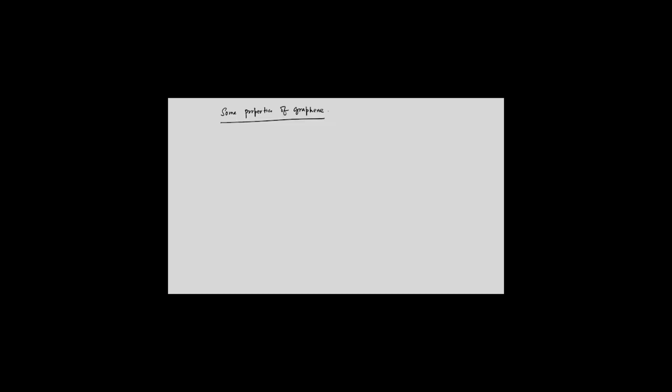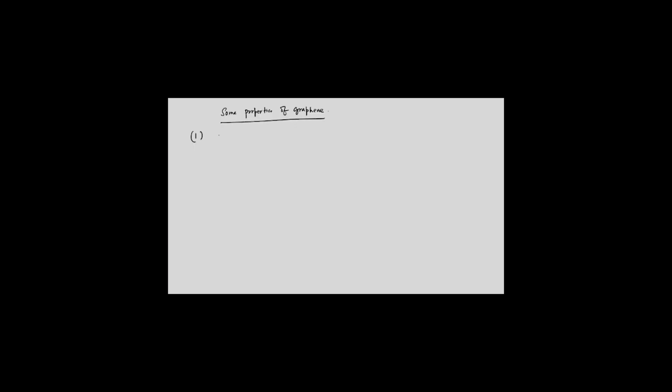Okay? We need some experimental ingredients as well, and before we understand the quantum Hall effect in graphene, a few things that are interesting here are the density of states,